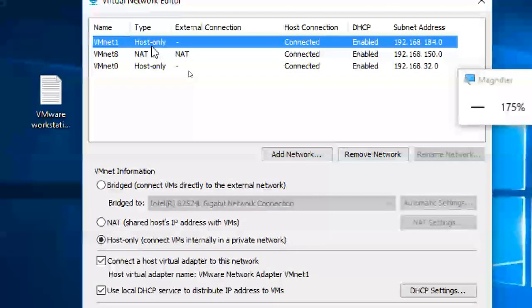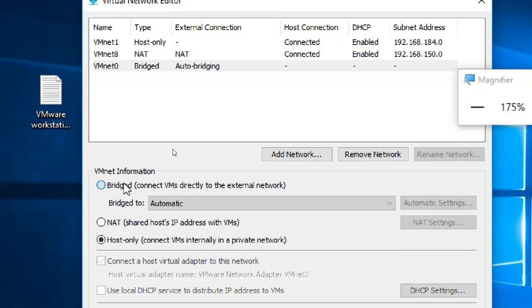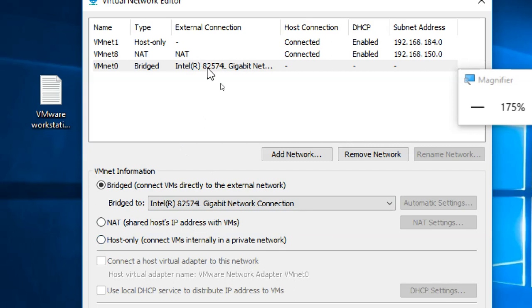Now it is showing host only for VMNet 0. I'm selecting bridged and changing automatic to my adapter name. So VMNet 0 is bridged to my adapter.